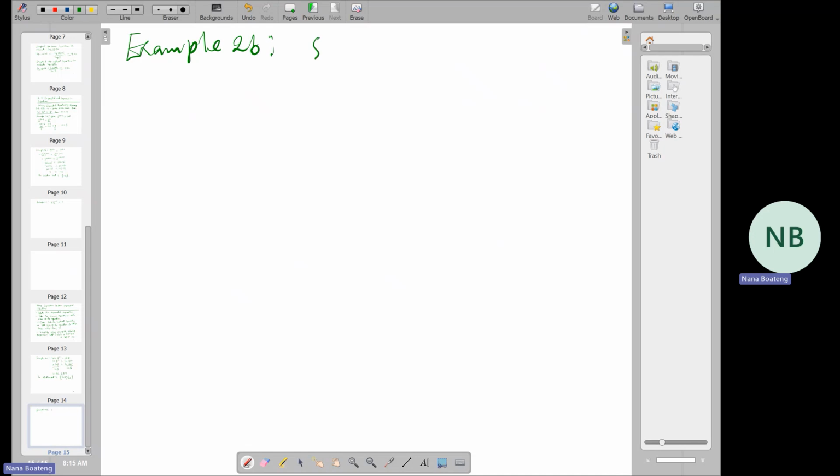And this is solve 10 power x is equal to 8,000. So let's take common log on both sides. So log of 10 power x is equal to the log of